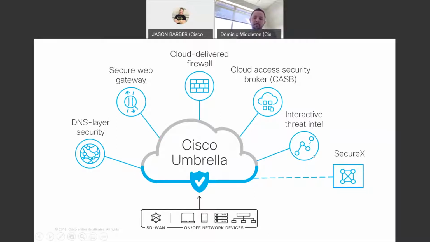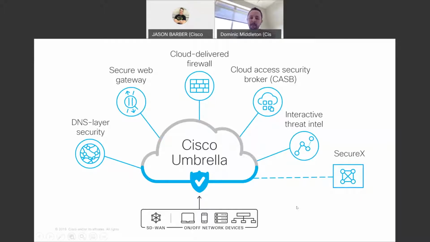For our interactive threat intelligence, we have the largest commercial threat intelligence group in the world. Again, if you've been around for any amount of time, you're probably aware of Cisco Talos. They are our threat intelligence group, made up of about 350 plus threat hunters, researchers, hackers, analysts, you name it. Not something that you pay for, not a license, just the brains behind the operation that powers this awesome security model.